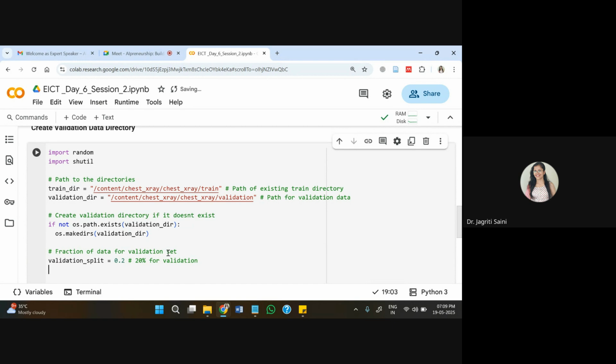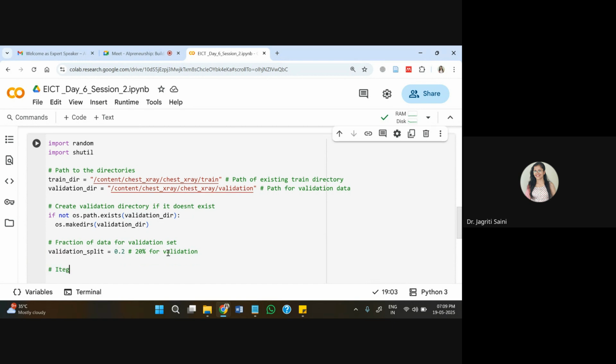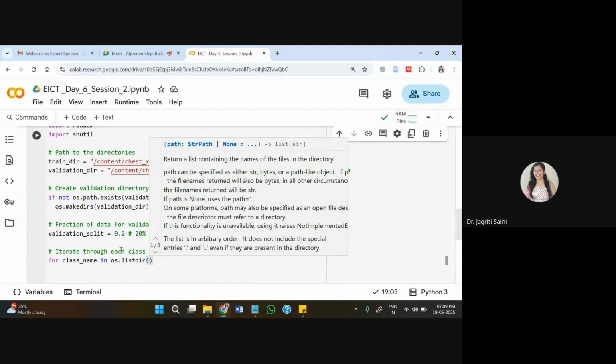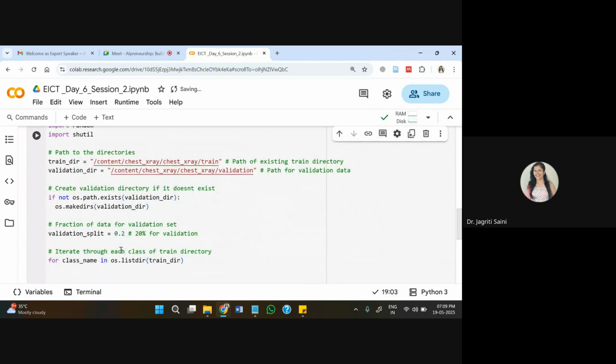After this, what we'll do here is we will just iterate through each class of train directory. Because the folder we have created, now we need to get the files into that folder. So for this, I'll write here the class names in os.listdir, because we have those directories inside, and the name of directory is currently train directory. The path for this we already have given here. So it will just identify the class names from there, and then it will create a new set based on